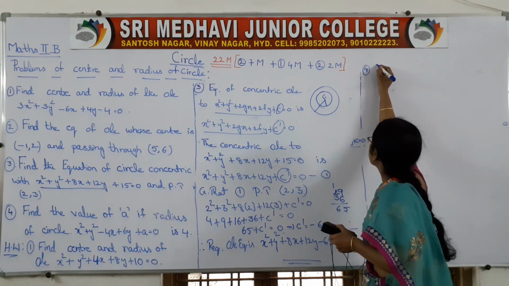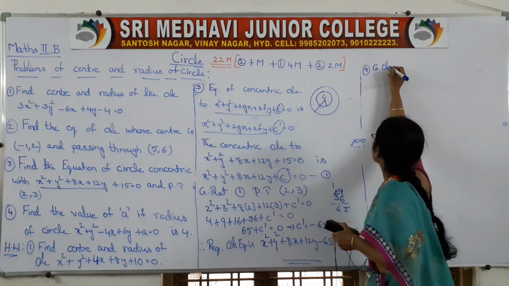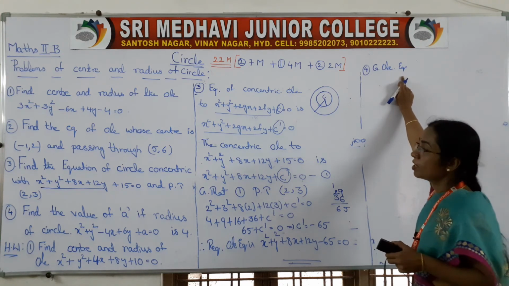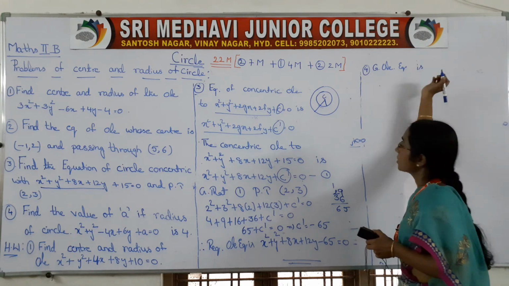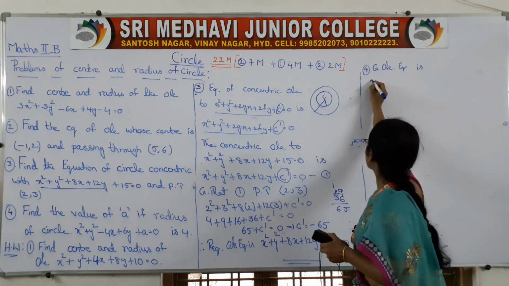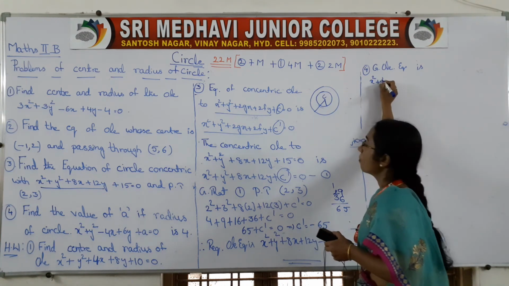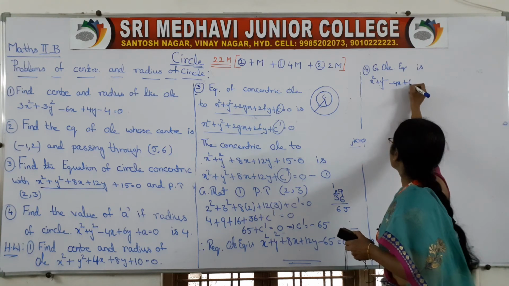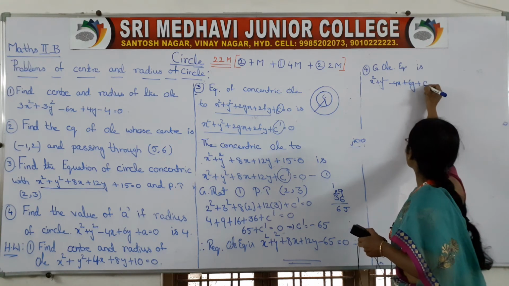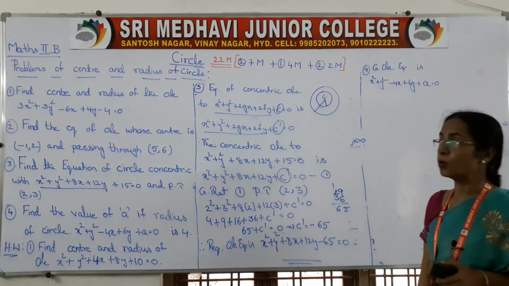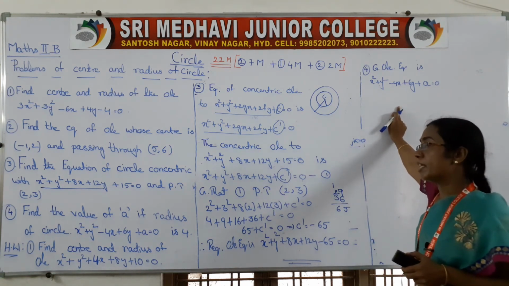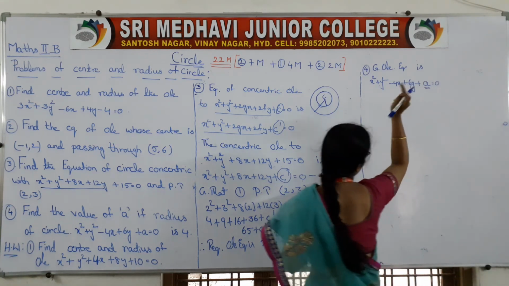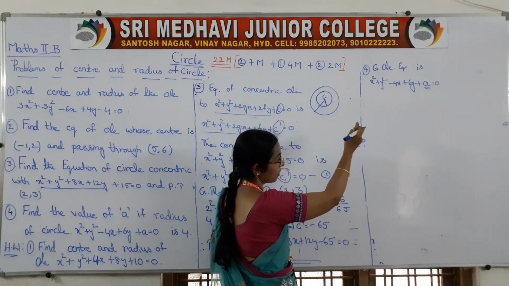So what is the given circle equation? These are all short forms, girls; we will write the short form of circle and the short form of equation. The given circle equation is x square plus y square minus 4x plus 6y plus a is equal to 0. Here they have given the radius value and we have to find this a value. Compare this with your general equation.